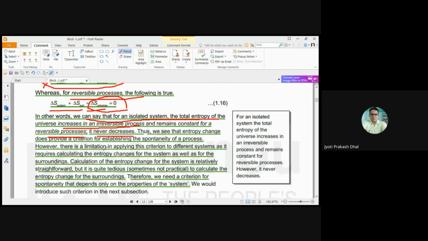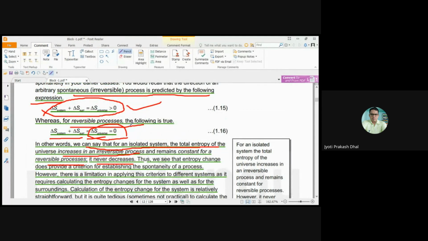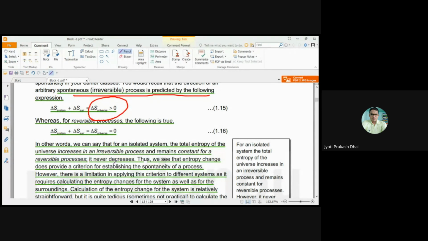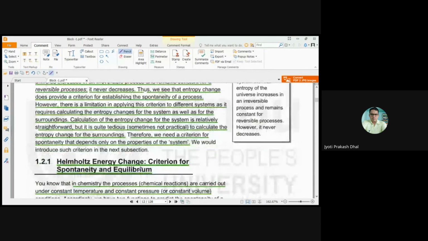So that means the entropy of the process, if it is a reversible process, entropy change will remain constant. So from this we know that the entropy never decreases. If the process is reversible, it will be constant, and if the process is irreversible, entropy change will increase. And as all naturally occurring processes are irreversible, the total entropy of the universe, that is delta S universe, is greater than 0. That means the entropy of the universe is continuously increasing.